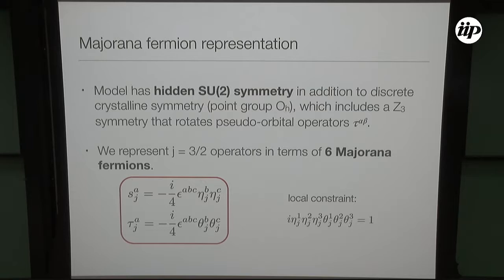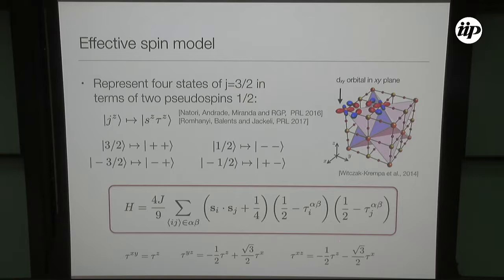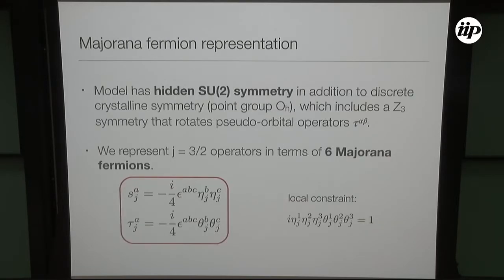Now, let me just emphasize that in the Hamiltonian that I showed before, you notice there was an S.S coupling. So this model actually has an SU2 symmetry, which is not the original spin SU2 symmetry. It's a kind of hidden SU2 symmetry that appears in this kind of system when the dominant coupling is between two XY orbitals on the XY plane, and you project this to a low energy manifold of the J equals 3/2. This is not a very robust symmetry. If you add perturbations, other kinds of interactions like Hund's coupling to this model, this hidden SU2 symmetry will be broken. But it's there for the simplest Hamiltonian.